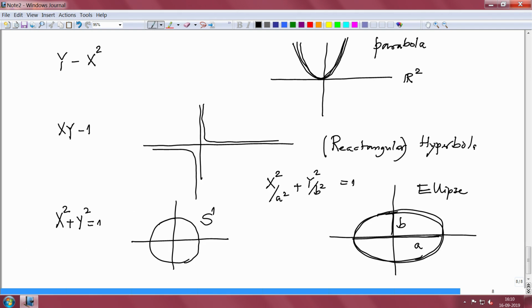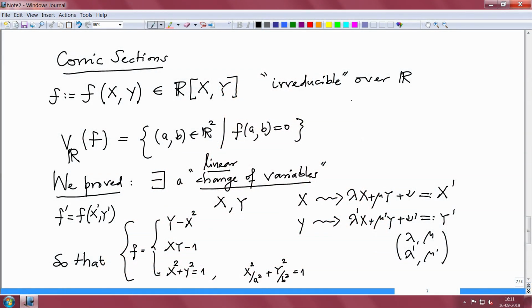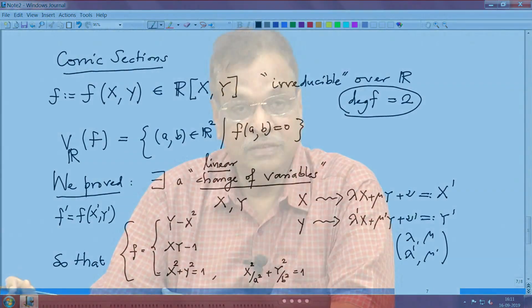So, we were studying the geometry of these pictures, and that was already quite a bit, but we were doing it more mechanically. There was no substantial theory, and that was the reason why it was very limited to 2 variables, and also to degree. I forgot to say that the degree of f is 2. I forgot to make this assumption. So, we were only studying degree 2 polynomials in 2 variables, and already that